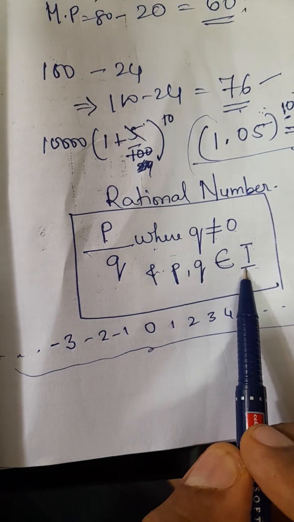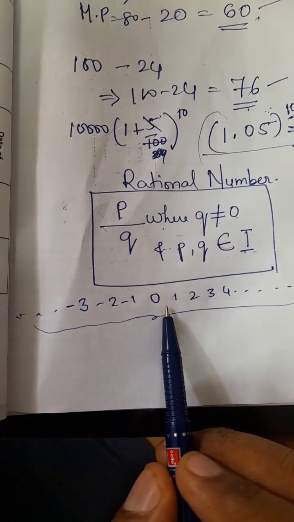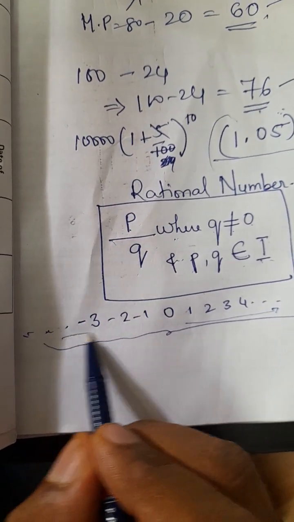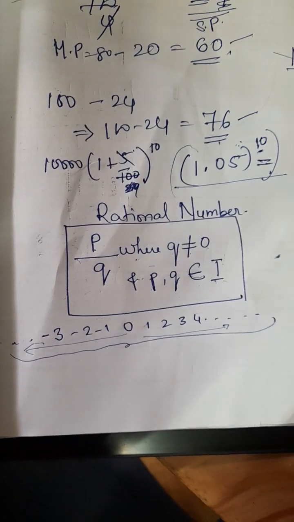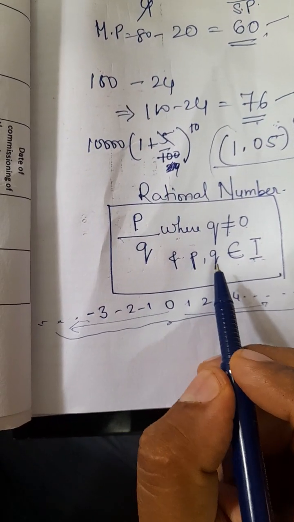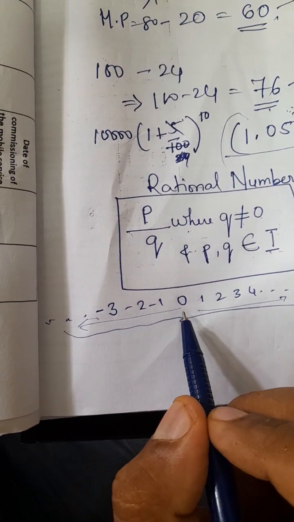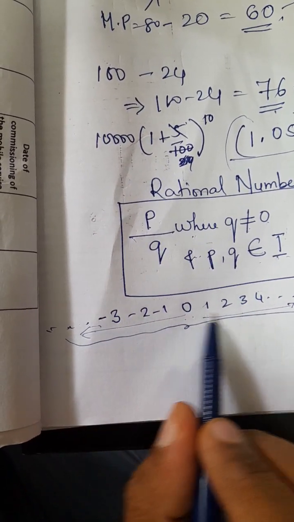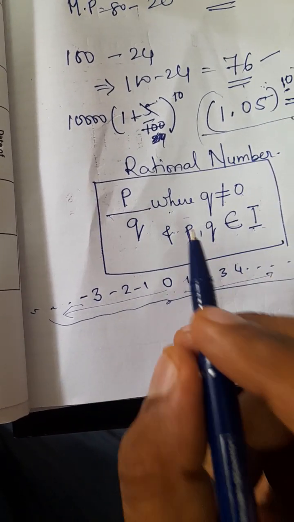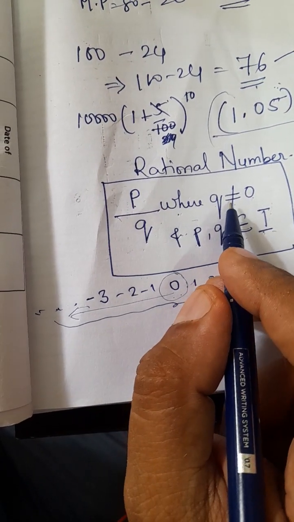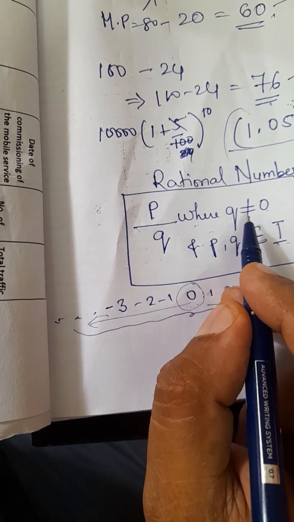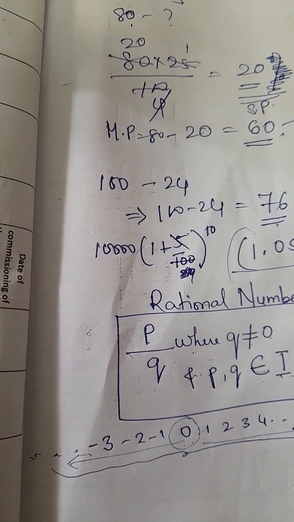Now when I say the set of integers, what does it have? It has 0, all the positive numbers at the positive end, and all the numbers towards the negative end. So this forms a whole set. P and q can be from either end, or p can be 0, but q cannot be 0. P has the freedom to have any of these values, and q also, except 0, because the definition denies that it should be 0, since any number divided by 0 is either undefined or infinite, right? So now that you've understood the definition of rational numbers,